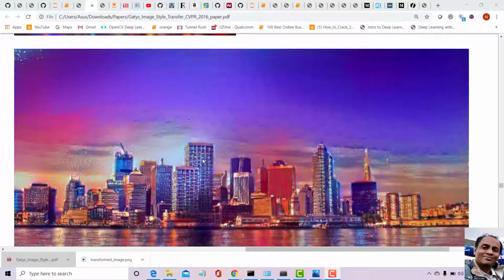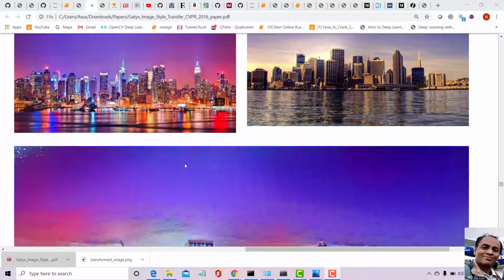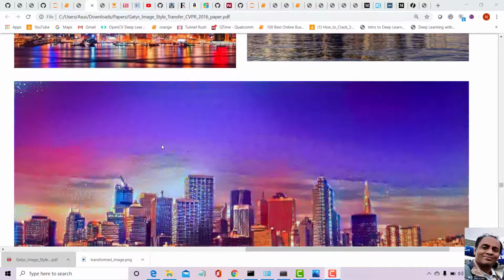And in fact this is a great example of transfer learning, where we don't really use a brand new network. We use a pre-trained neural network and extract the features to implement this task. Today we are going to use the VGG19 network, which is already pre-trained, and we'll use specific layers of VGG19 to extract the features and contents.